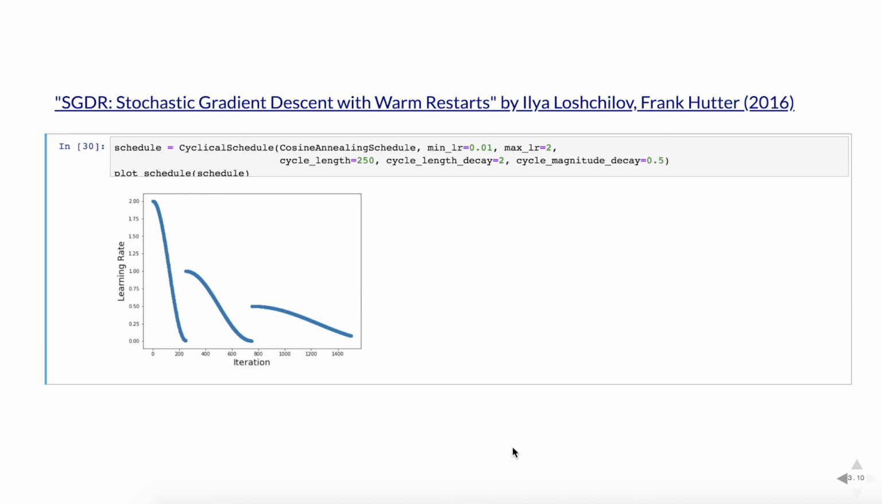We need to specify the minimum learning rate and the maximum learning rate. This is just for the first cycle. We specify, as before, our initial cycle length, which is 250 iterations. So for our first cycle, we'll see that it goes from 2 down to 0, or 0.01 more specifically, across 250 iterations. Then for the next cycle, we have a few different modifiers, and these were the ones I was